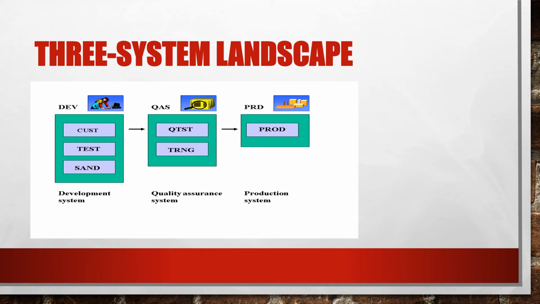In the QA client, you can test whether the transports are complete or whether any linked changes are missing, or are still in an unreleased state. If the test is successful, the changes are transported into the production system. The production client is completely separated from other clients and is regarded as a single cross-client data. In the production client, usually the business users log in and work for their activities.